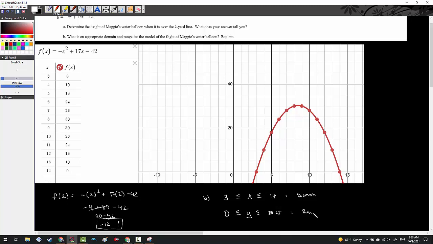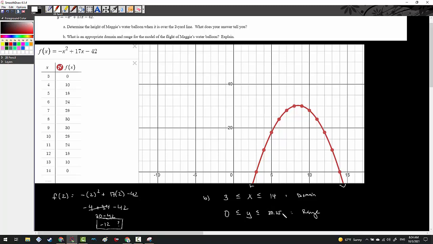Now, again, why is this appropriate? It's appropriate because the balloon's never going to go underground unless someone actually did dig a hole, in which case the problem would have indicated that. Ordinarily, a parabola's range, if I was to graph this outright, would have those arrows going down. And they would go down forever, which means y would have to be all values less than 30.25. But again, we're talking about